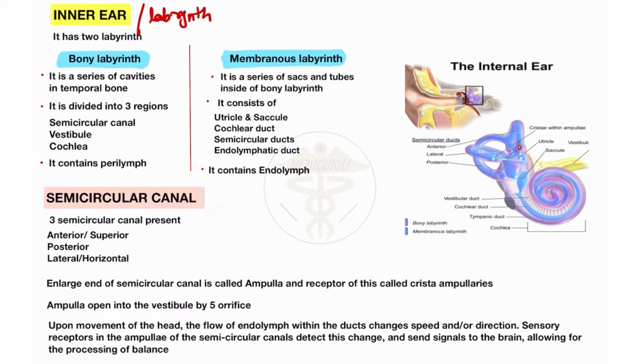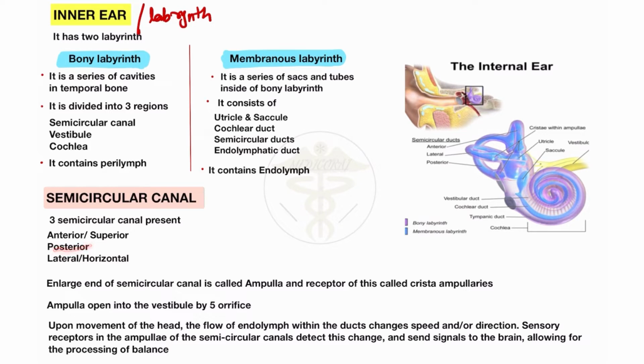Here you will see this is the semicircular canal. This part is called the semicircular canal. There are three parts: first, second and third. Three semicircular canals are present. First is the anterior semicircular canal, also called the superior semicircular canal. Here you will see this is anterior and also visible as superior. So it's also called the anterior or superior semicircular canal.